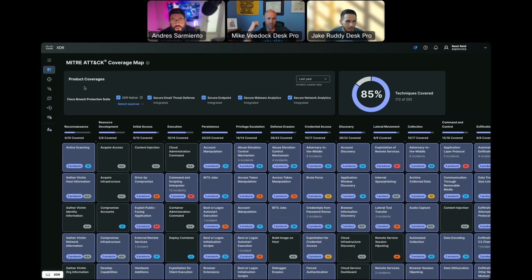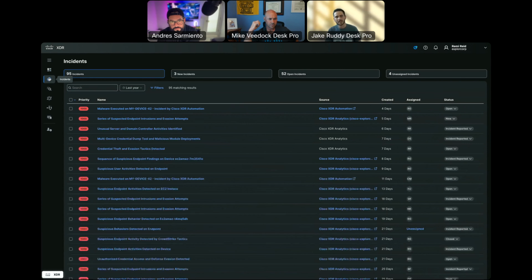Good stuff. We'll end it there with dashboards. Let's get into the exciting stuff, the incidents. We're going to look at a whole ton of different incidents inside this lab today. Each one of these incidents exists as a single incident inside of XDR. That's what this table is showing me. We have, in this case, 95 different unique incidents that have shown up inside the platform. We'll pick a couple to investigate, and as we drill down through them, we'll see this.